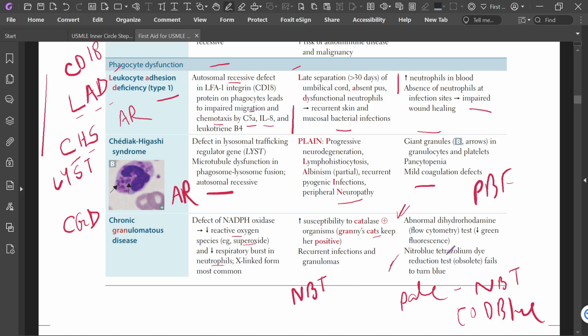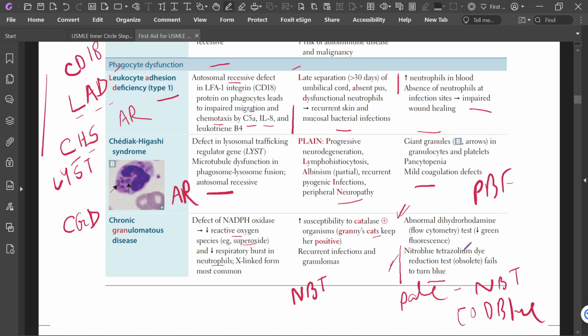So the most important point in NBT is that it fails to change color to blue. Normally the nitroblue becomes dark blue and forms a precipitate. It fails to turn blue in CGD, and an abnormal dihydrorhodamine test, which is the classic, important, sensitive test,